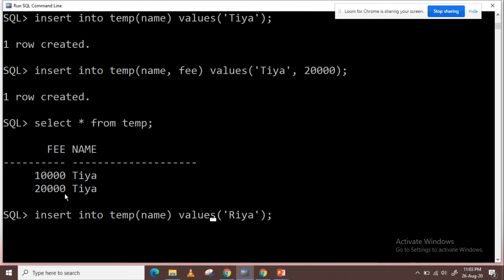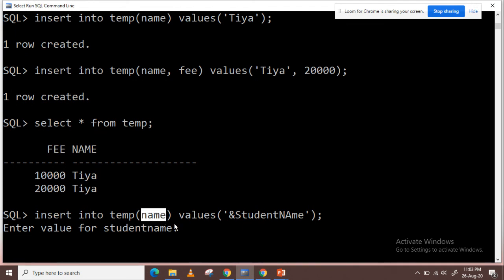Or you can enter any number of rows like we have done before. So we can enter any number of rows. Student name, so let's rename it. So it will prompt you for names only because we have selected only one field.